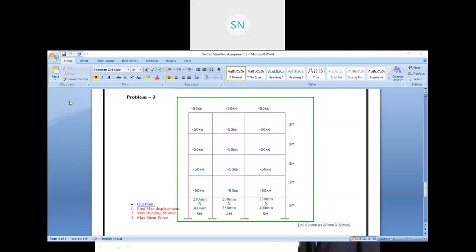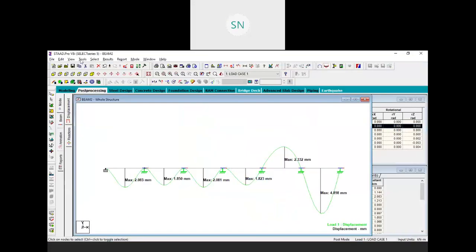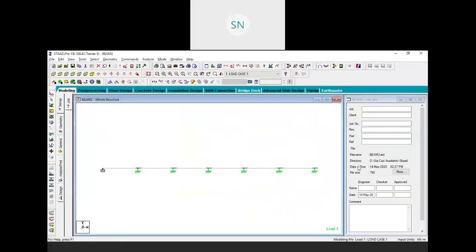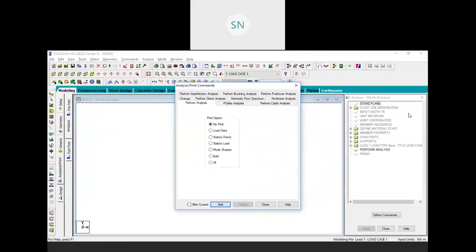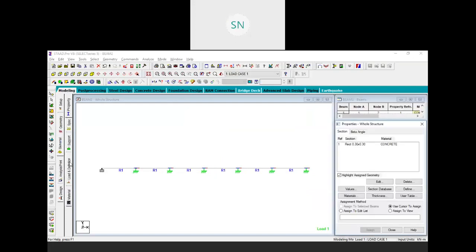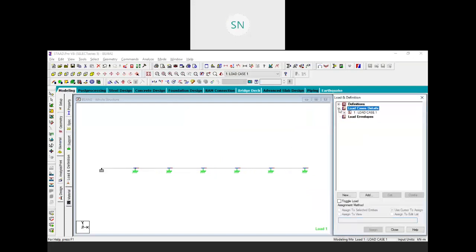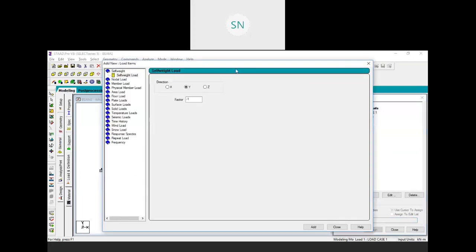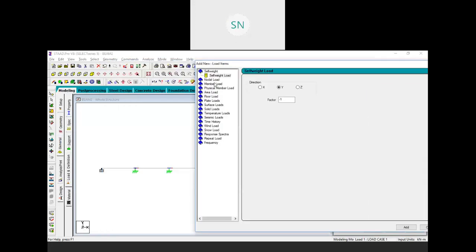Sir, if we apply concentrated load on node? You are not able to apply a concentrated load at node, because it's a part of your member load. See, when you go to the load and definition, here when you click on add, see, for each and everything we have different loads over here.